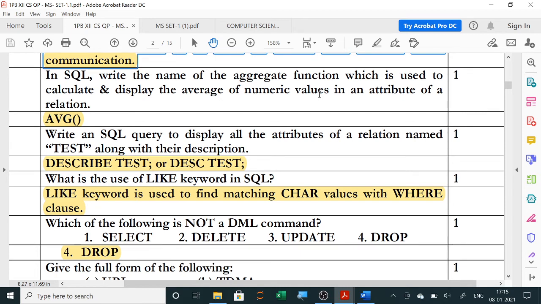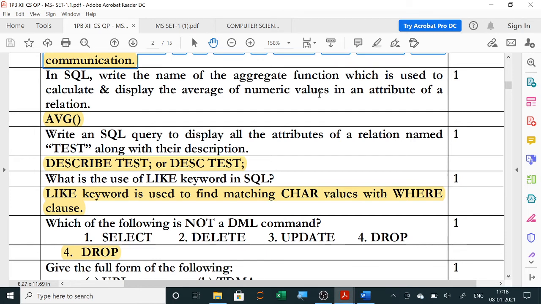Write an SQL query to display all the attributes of a relation named test along with their description. So we can use here describe test or DESC test to see the description of the table. Next, the like keyword. What is the use of the like keyword in SQL?